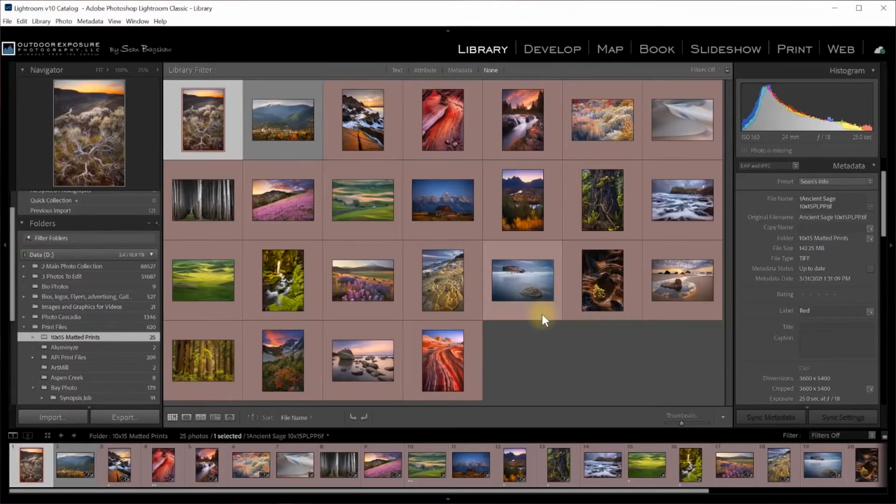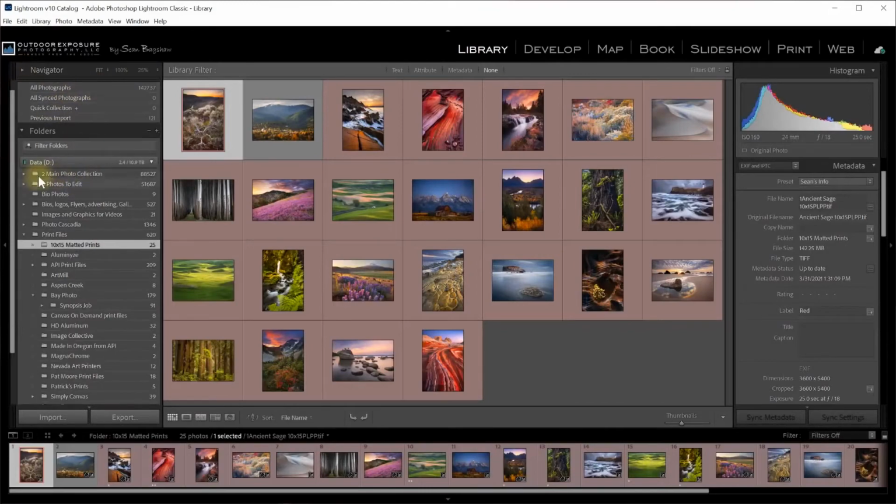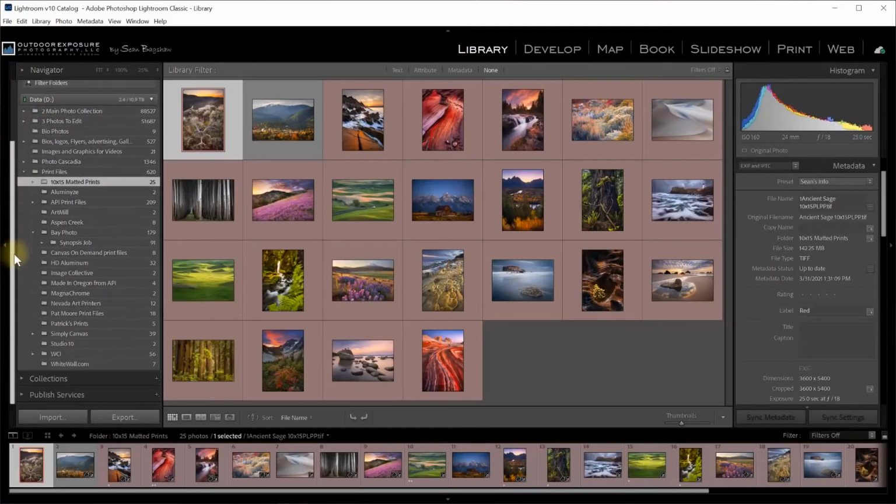You can do all the things you need to do to manage your image collection here in the library module. If you do things outside of Lightroom, then Lightroom doesn't know you did it. But if you do them in Lightroom, Lightroom will do it here, and it'll take care of it out on your computer for you as well. I'm going to close the navigator now to give us a little more space over here. And now we're going to look at